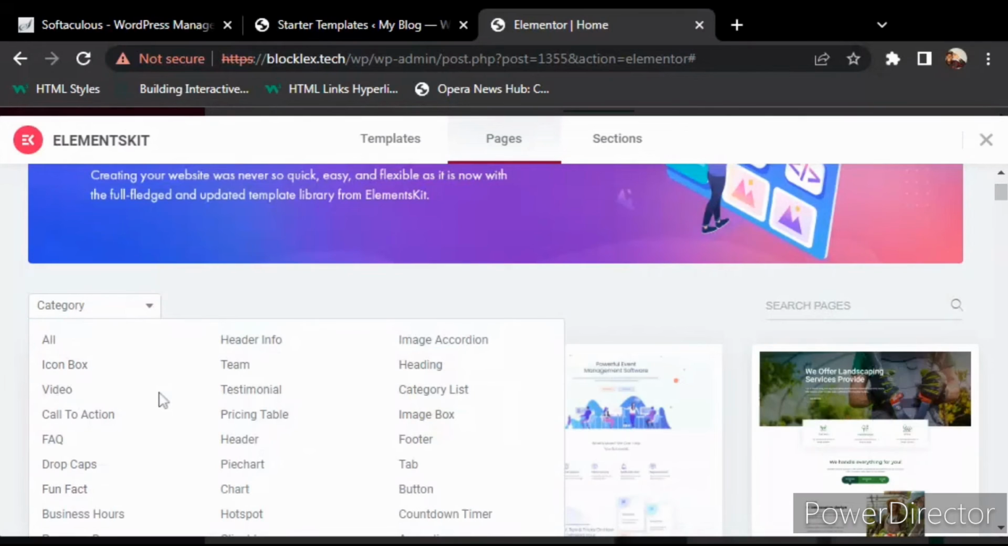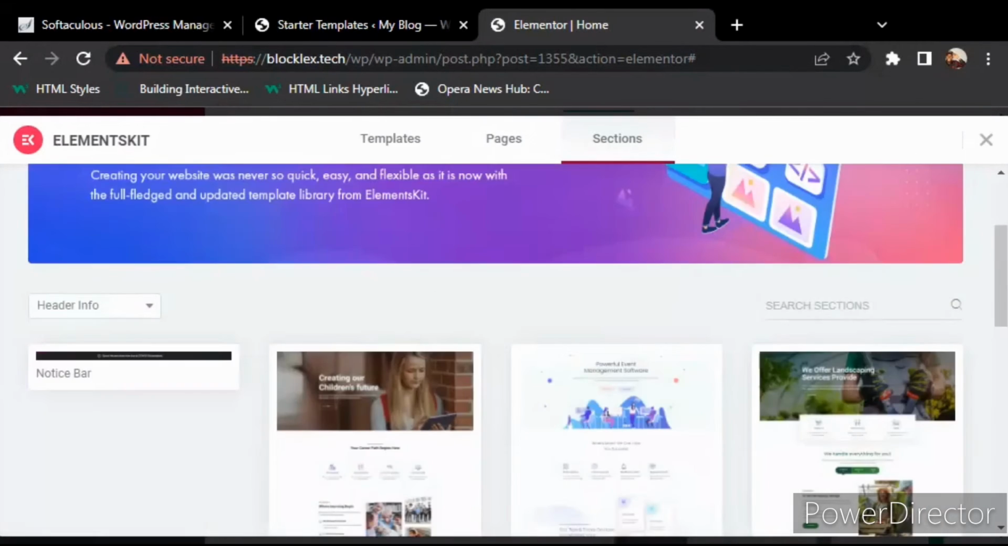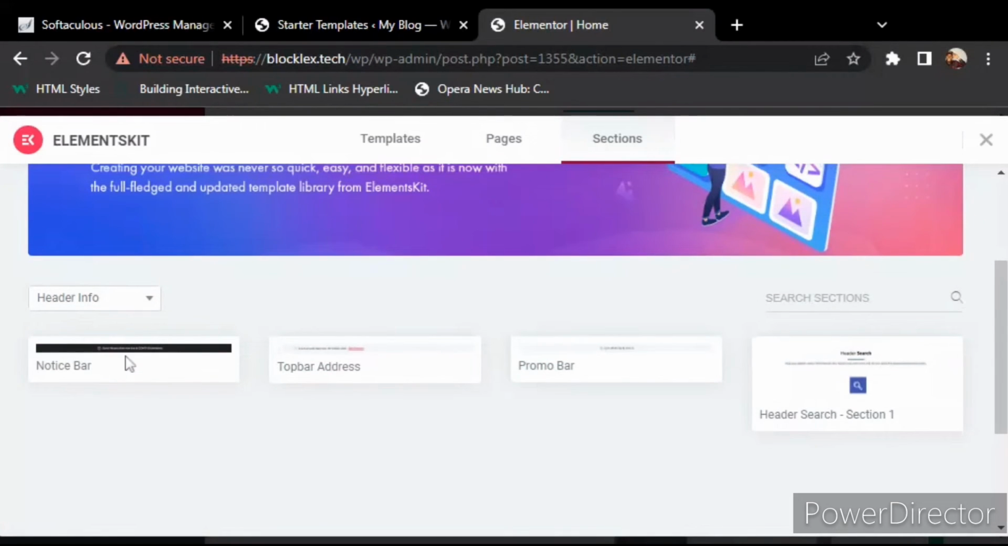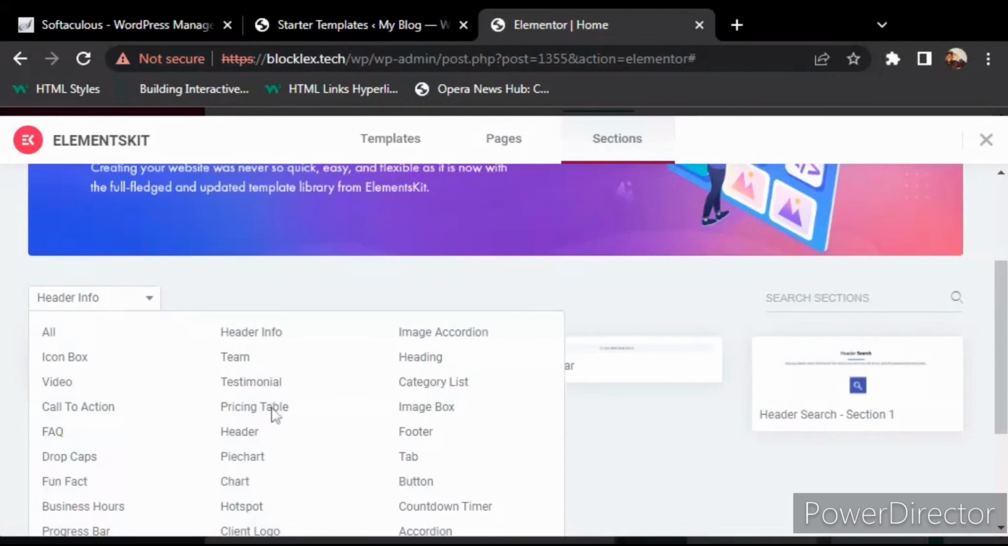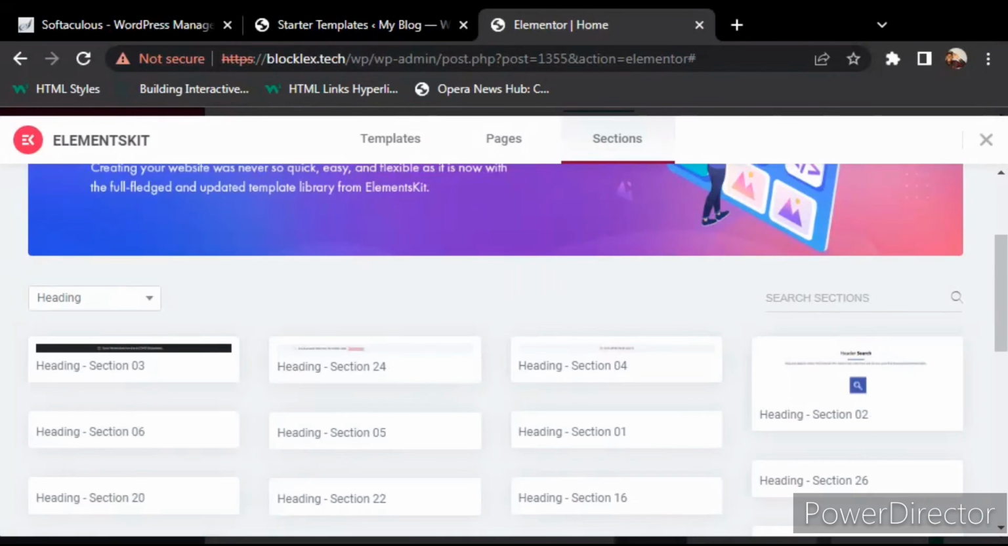Alright, let me just check out header info. Click on header info and continue with what I'm doing. Let me check out heading. Maybe you want to add a promo bar and all of that. So heading, let me click on this. If you want to add anything, not just at that very point, but you want to add something to your website,